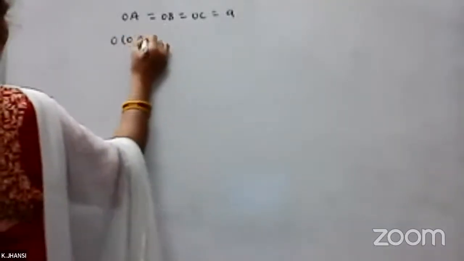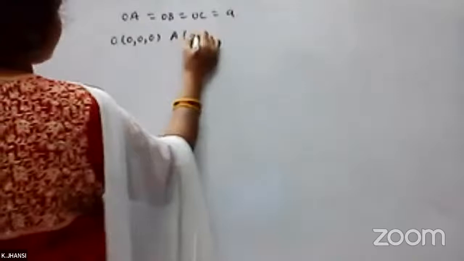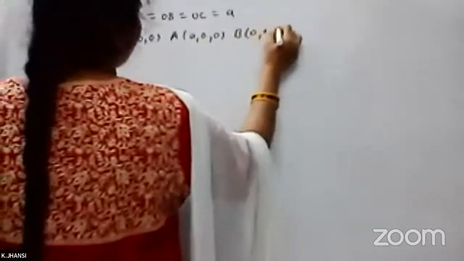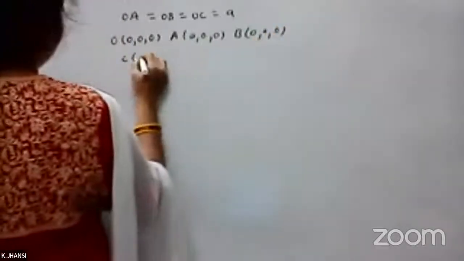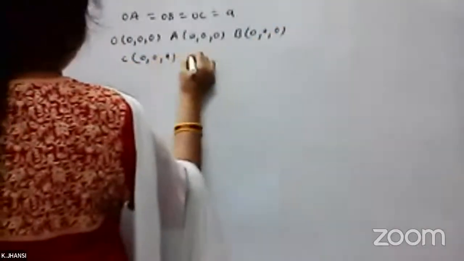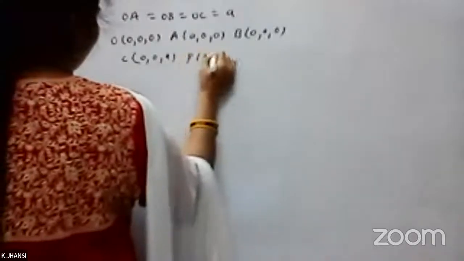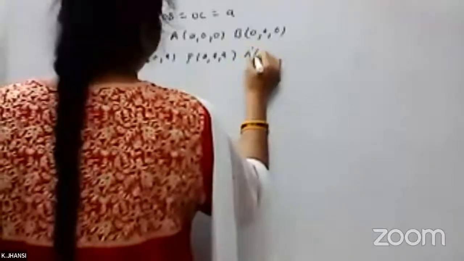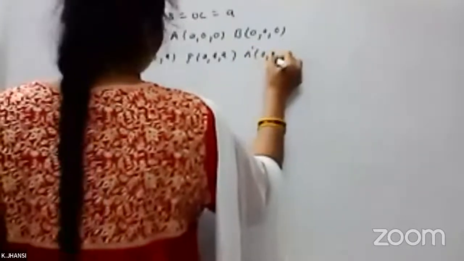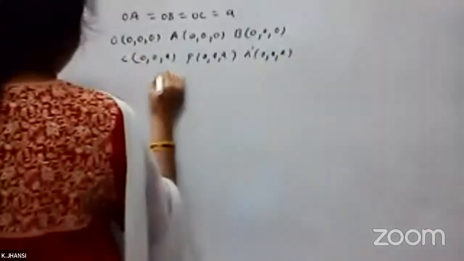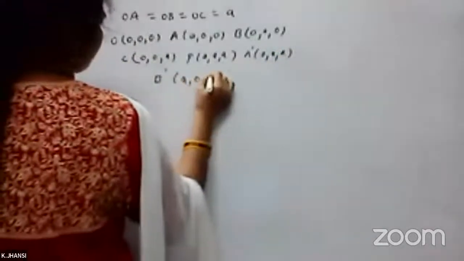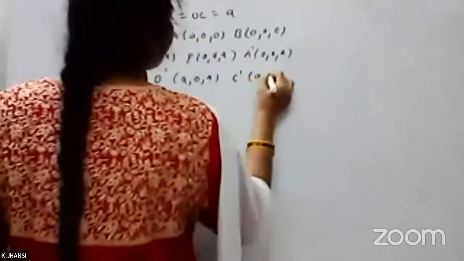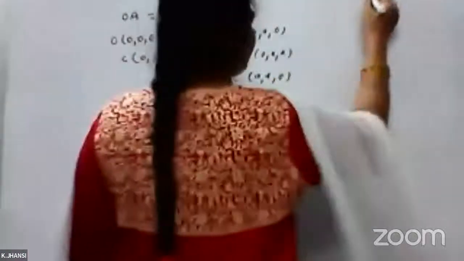So O is 0, 0, 0, and A is A, 0, 0, and B is 0, A, 0, and C is 0, 0, A. After that we have the dash points: A dash is 0, A, A, and B dash is A, 0, A, and C dash is A, A, 0. And the diagram will be